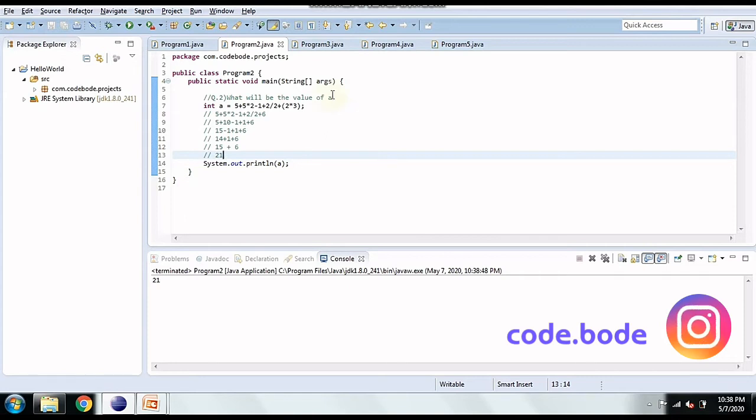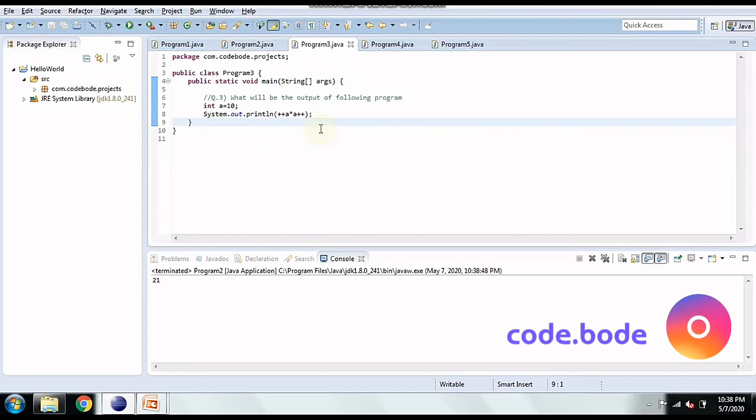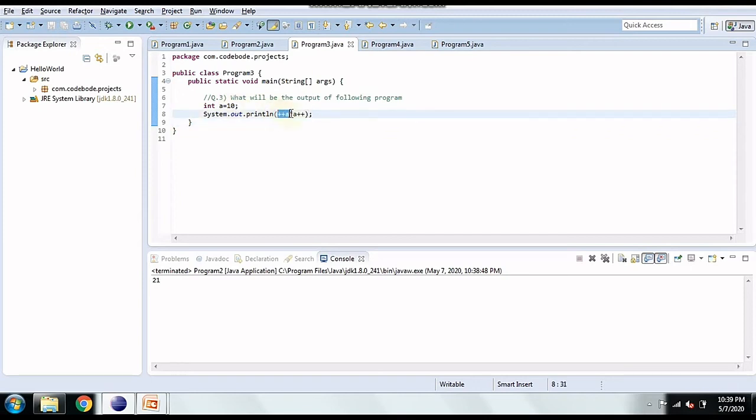Let's see program 3, which is about unary, post and pre-increment operators. What will be the output of this program? We have int a equal to 10. In this expression, first ++a, that is the pre-increment operator, will increment 10 to 11.